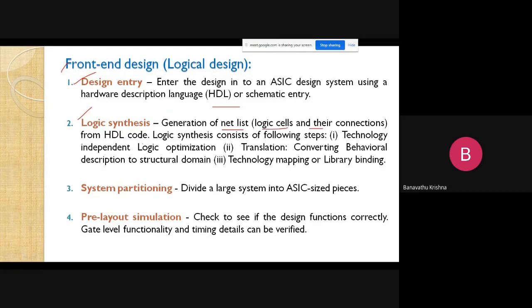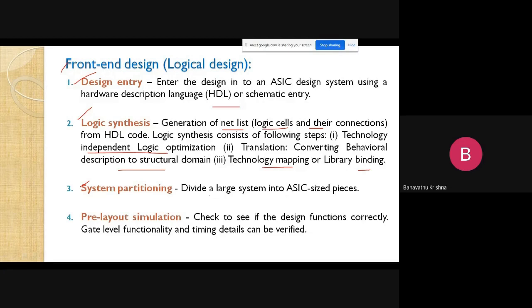From the HDL code, logic synthesis consists of the following steps: technology-independent logic optimization, converting the behavioral description to the structural domain, and then mapping or library binding. Then system partitioning divides a large system into ASIC-sized pieces.